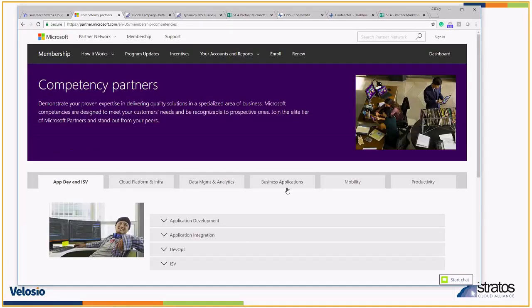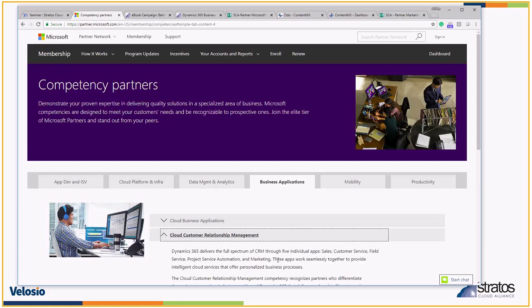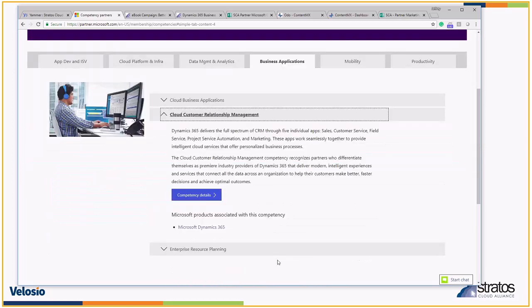Just for quick navigation, let's take a look at business applications, and maybe let's look at either enterprise resource planning, or let's check out the customer relationship management piece. From here, you'll be able to click on the competency details.